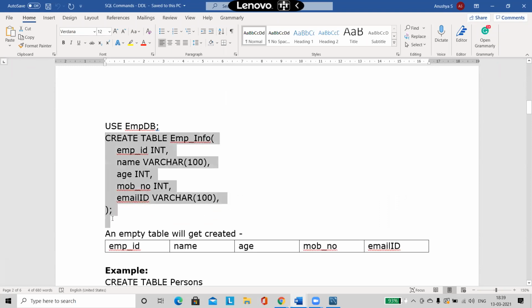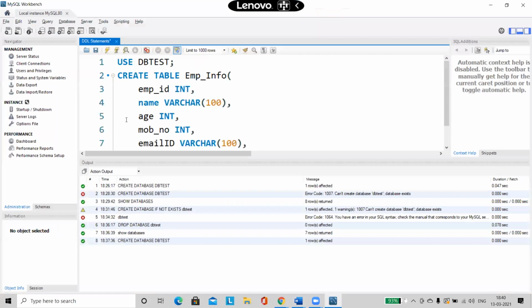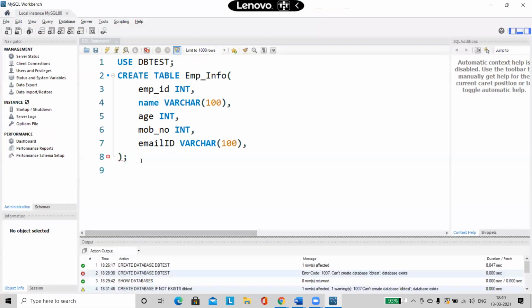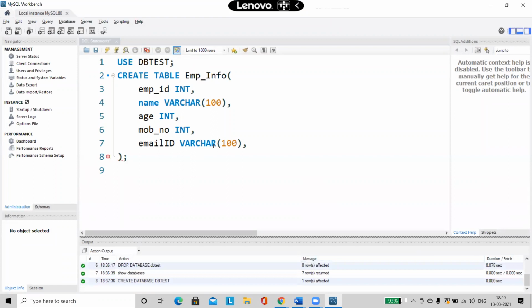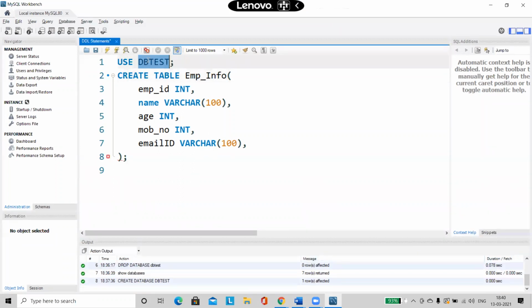So here I'm going to use this example. Okay, so this is the example that I'm going to make use of. So what I'm going to tell here, there you go. Yes. So I'm saying use the DB test, my database. Then I'm saying create table. The name of the table is going to be employee info.